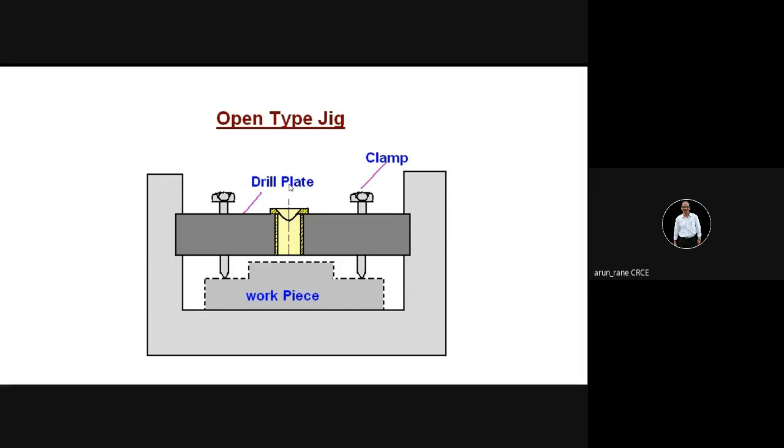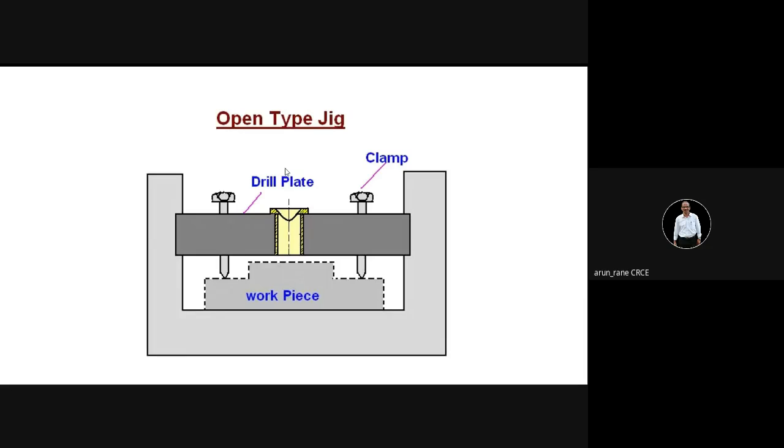If you do drilling continuously, 10 pieces, 100 pieces, 1000 pieces, then this soft plate will get damaged. You would have to go on replacing it every 50 pieces. That's why we use the hardened bush, through which the drill passes. Since this bush is hardened, it doesn't get damaged. So you can do even 50,000 or 100,000 pieces. Now your drill passes through this bush, and then drilling can be done.